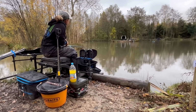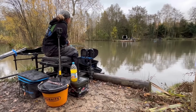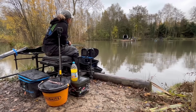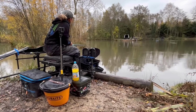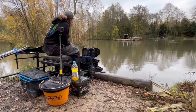So as you can see here, fishing to the island. I had a run, I think I had about a dozen or so fish along, not massive, but there was some fish there. So now I'm just feeding my short line, flicking odd maggots over it and fishing to the island, just on bottom to start with. If I start missing bites, I'll get in line as I will go shallow, but for now I'm just on the bottom,